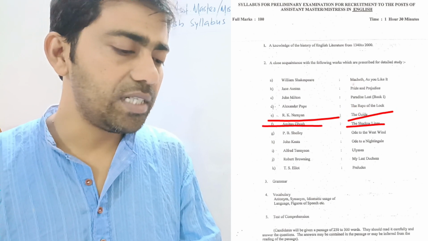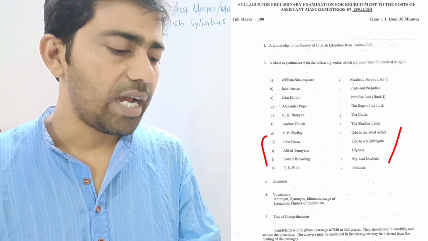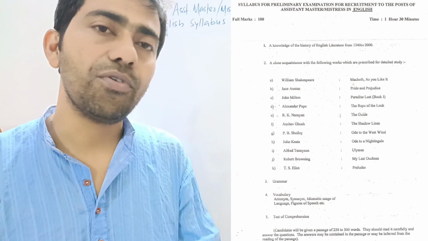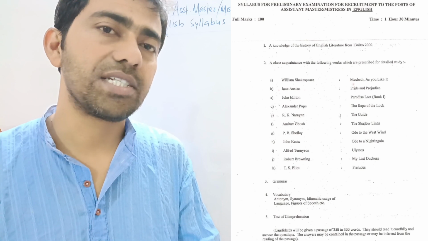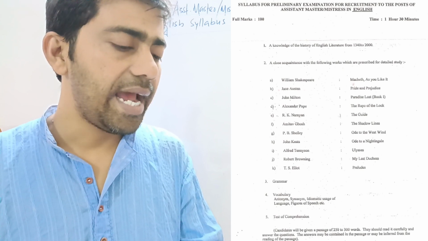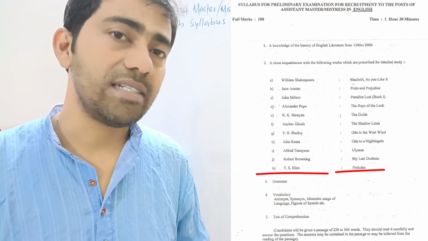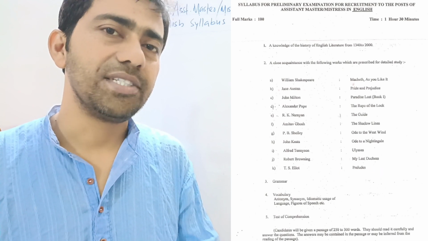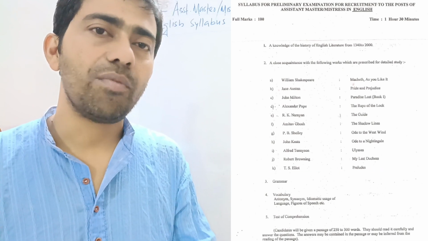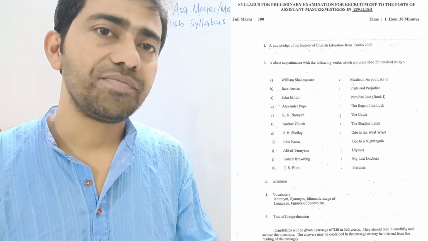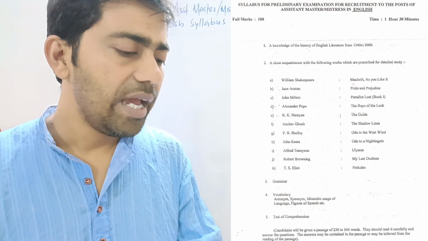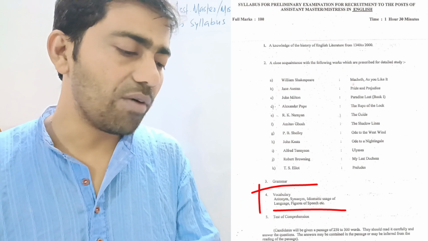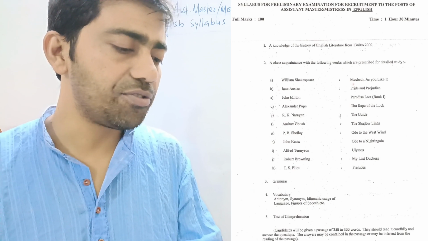P.B. Shelley, Ode to the West Wind. John Keats, Ode to a Nightingale. Alfred Tennyson, Ulysses. Robert Browning, My Last Duchess. These 4 texts are included in the SLST syllabus. And T.S. Eliot, Preludes. Yes, not the Prelude of Wordsworth, but T.S. Eliot's Preludes. It is the modern poet of modern thoughts, of modern technique. And along with this, you have to learn grammar and vocabulary, of course, antonym, synonym, idiomatic uses of language,